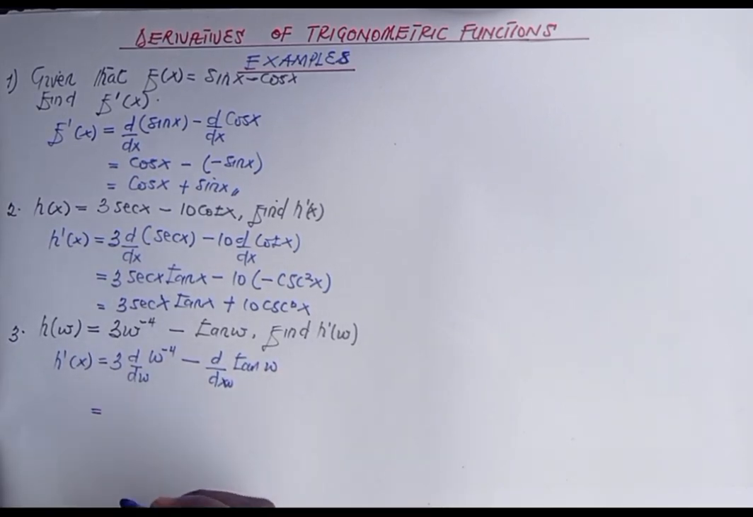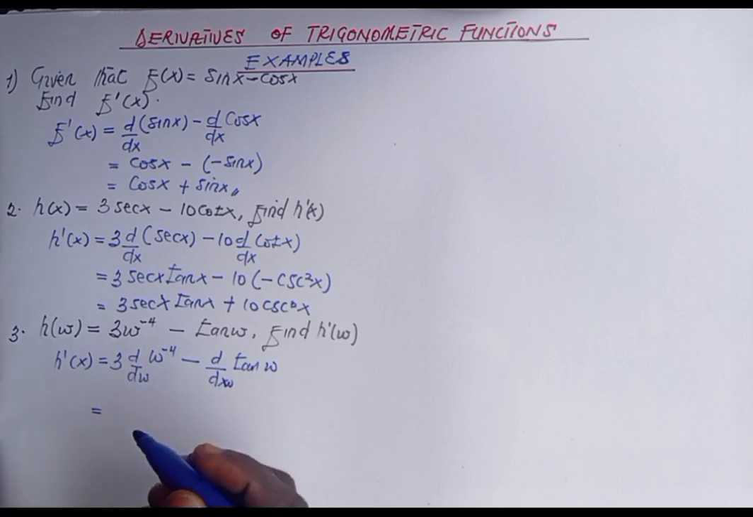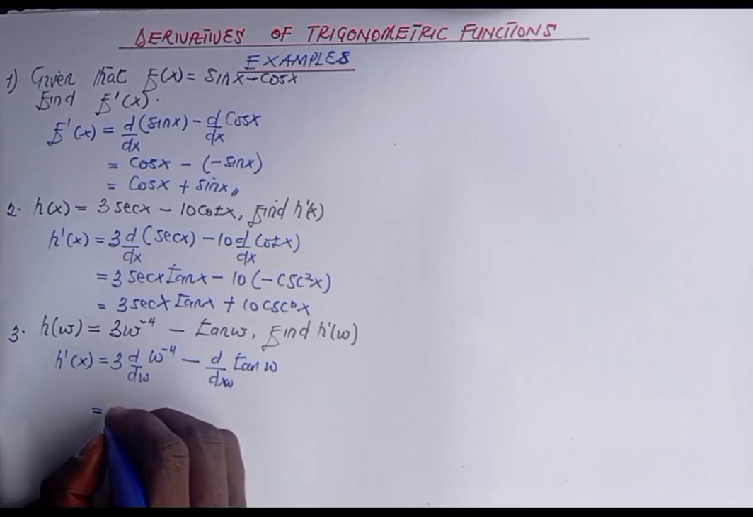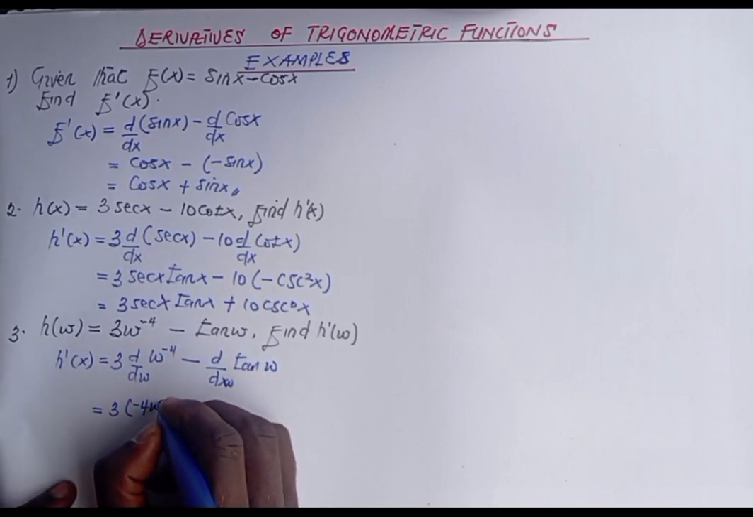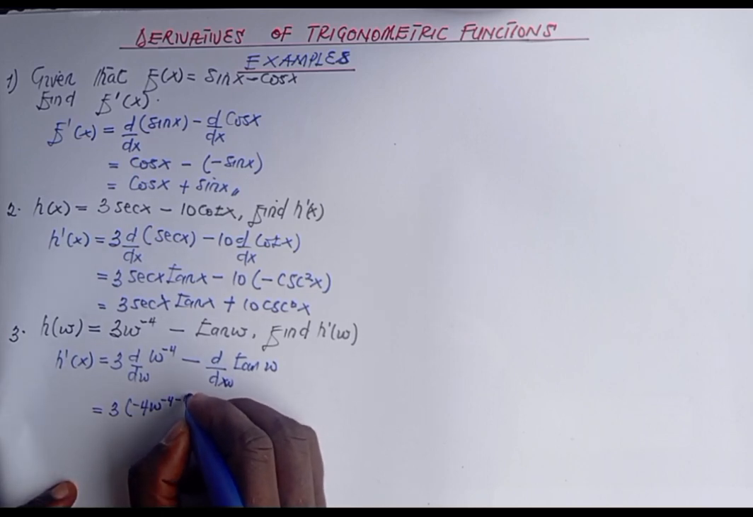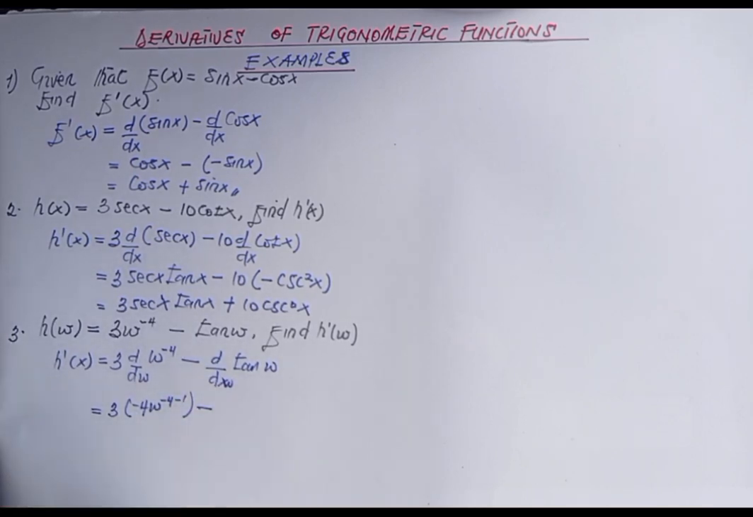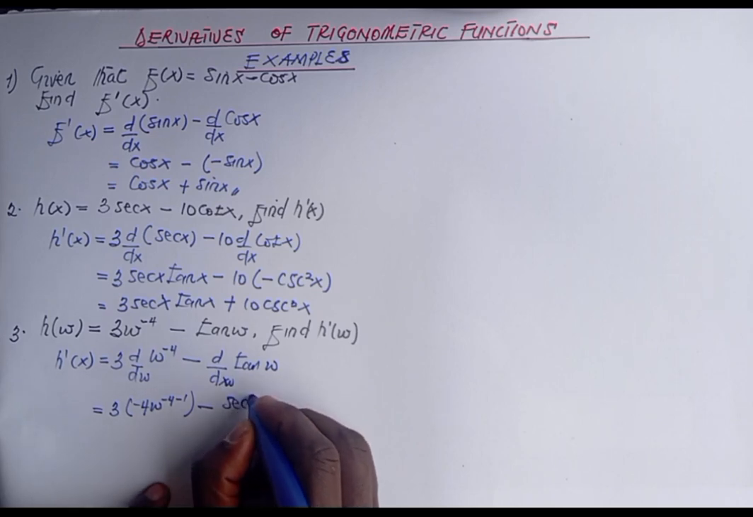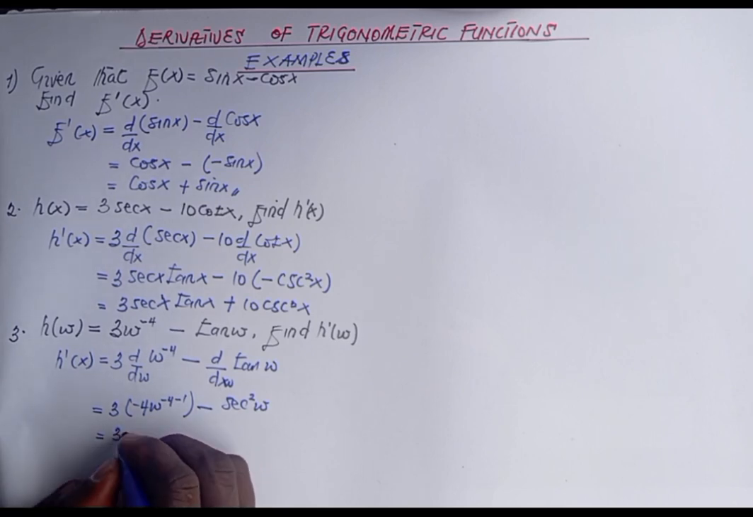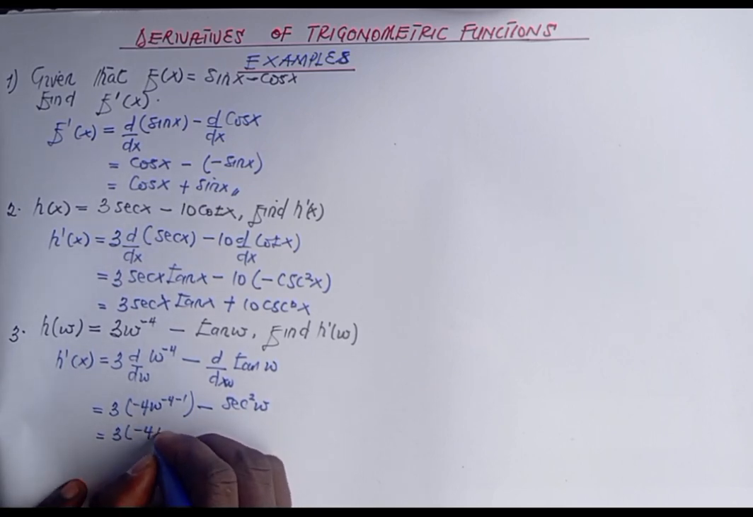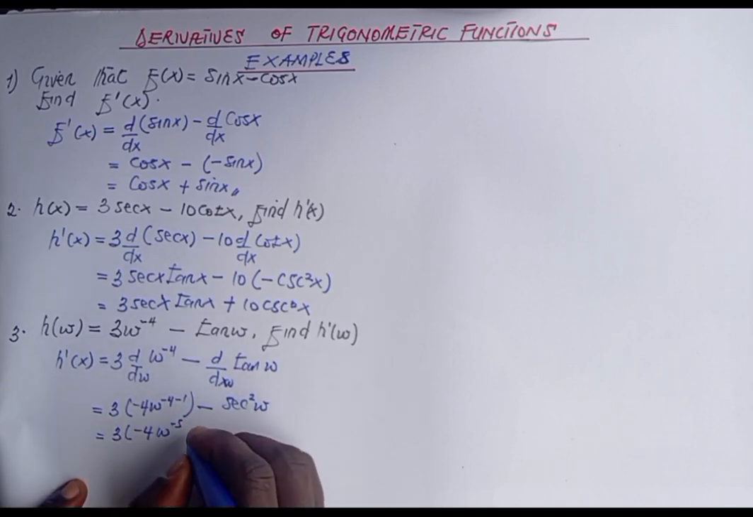Good. Now you can see that this is a power rule, so you have to apply the power rule formula. So we are going to get 3 is already here. Applying the power rule, we have negative 4 W, negative 4 minus what? 1. Then we have minus, where we differentiate tan W. Tan W, we have already learned about the derivative of tan, tangent of an angle. So this is going to give us what? Sec square W. So we are going to get 3 negative 4 W raised to the power negative 5 minus